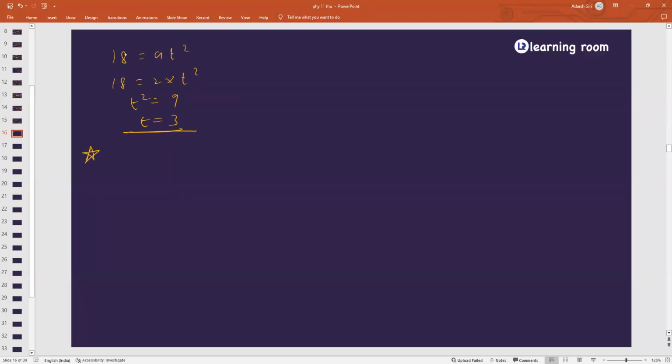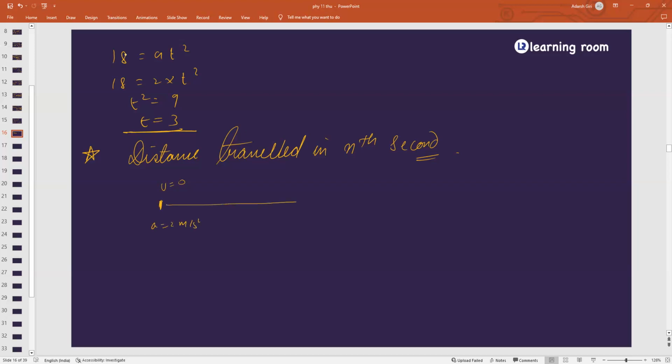This is an important topic. Distance traveled in nth second. What is nth second? For example, if I ask you, the body traveled with zero velocity initially and the acceleration given was 2 meter per second square. So it traveled for some distance, let us say